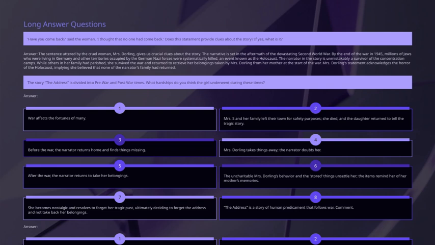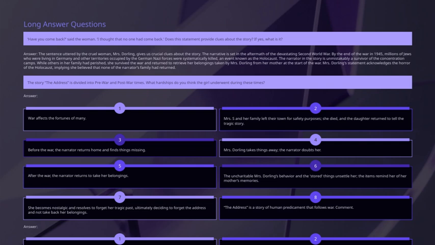After Mrs. S. died, the daughter returned to visit Mrs. Dorling at number 46, Marconi Street, bringing the story full circle. In Holland, a Jewish family, including Mrs. S., suffered disruption of their lives as they left town to seek safety. This highlights the impact of war on ordinary families and their struggles to survive.